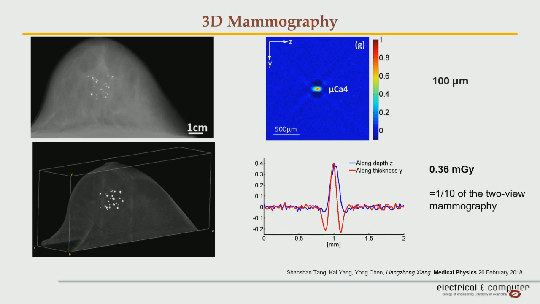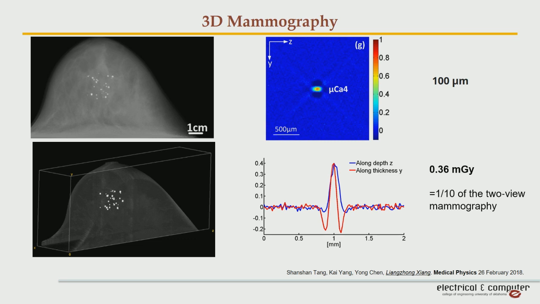We know the gold standard in the clinic is 2D mammography, which is great. But you overlap all this 3D information into a 2D image. If you look at the image on the top left, you have all this information on just a 2D image, and you don't know the 3D configuration of these microcalcifications, which could be very important for determining the malignancy of the breast cancer. So we were trying to say, can we get 3D imaging of these microcalcifications